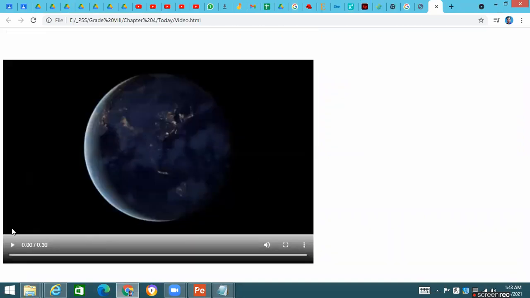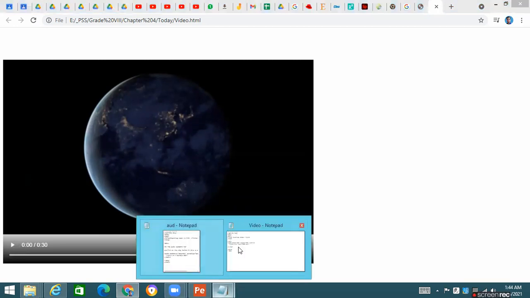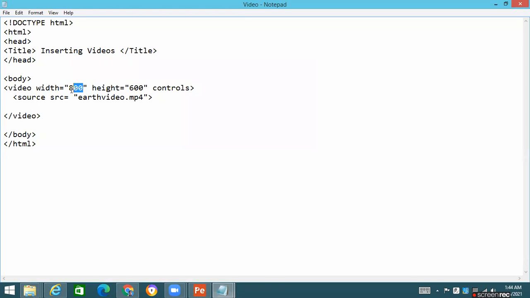in Google Chrome, see that the player is there, the player buttons are there, the play button is there, the max button is there, the volume button is there. You can decrease the volume, you can increase the volume. And I click on the play button. Now see, it is 800 by 600. If I go there and change it, for example, to 1000 by, let's suppose, 1200